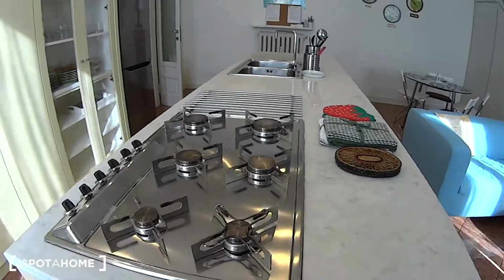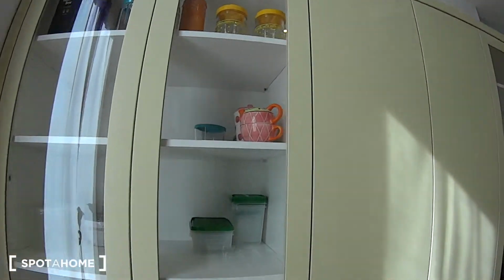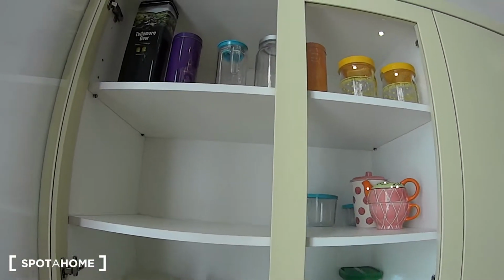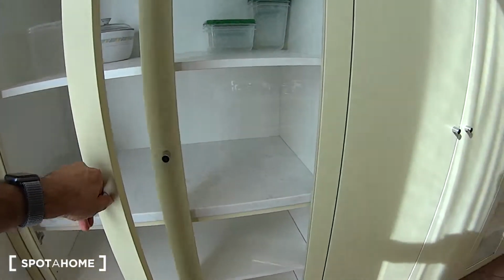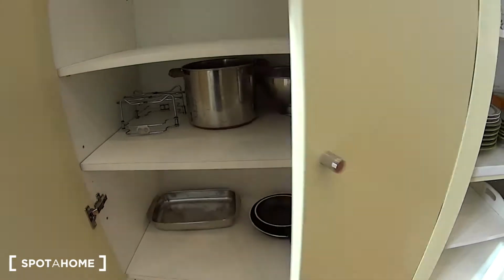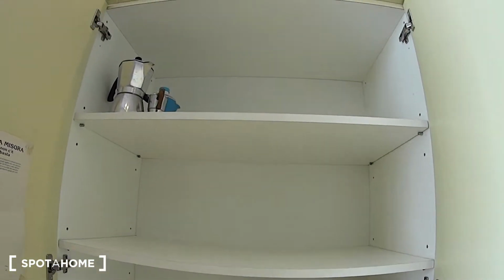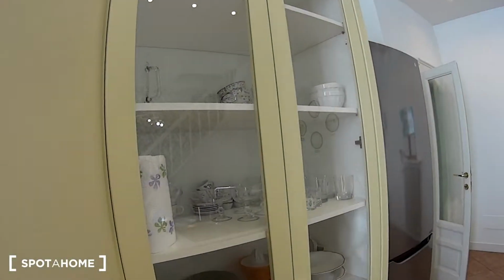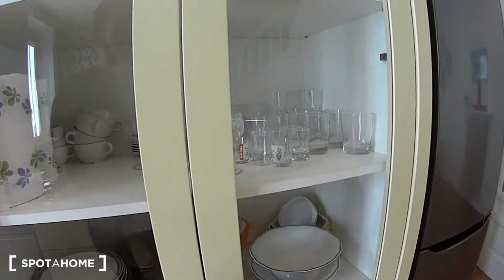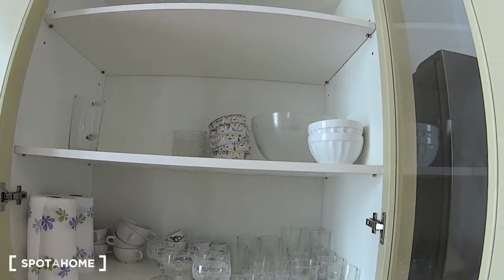several people simultaneously. On the opposite end we have this nice cabinet with glass doors and several shelvings. There are some containers already provided. Here in the middle doors we find a set of pots. And there's again more room to store the food. There are some mochas of different sizes. In this other cabinet we find a set of plates, glasses, cups and mugs, so all the necessary for